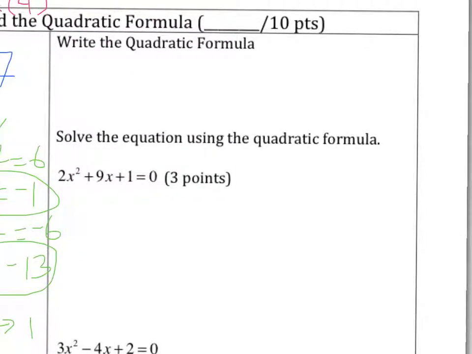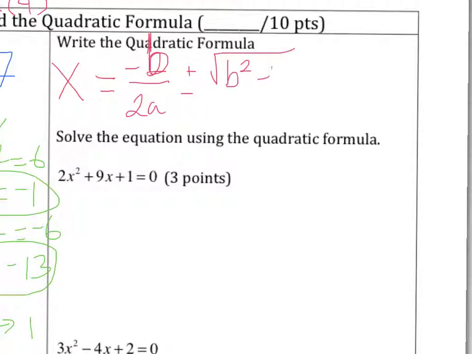Next thing I ask you to do is to write the quadratic formula. You will not have to do this on your spiral tomorrow. I will provide this for you. We learned two different forms of the quadratic formula today. One was negative b over 2a, plus or minus the square root b squared minus 4ac all over 2a. And that's a fine way to write that. The other way you could write that is x equals negative b plus or minus the square root b squared minus 4ac